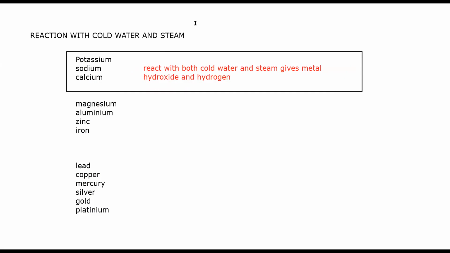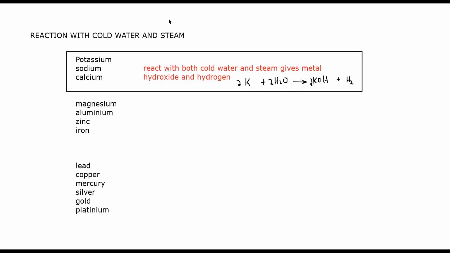Example, if I have potassium, so potassium is added to water, H2O. What does it give? Potassium will displace the hydrogen. It's potassium hydroxide, KOH, plus hydrogen. What is the observation when this reaction occurs? What will I observe? Fizz, bubbles, or effervescence, because there is a gas given off.